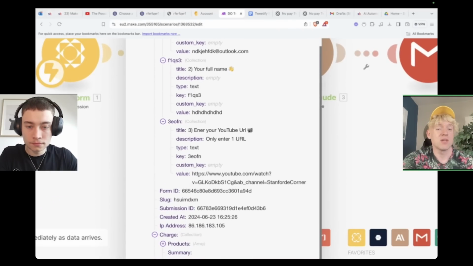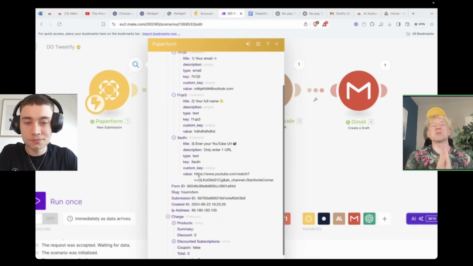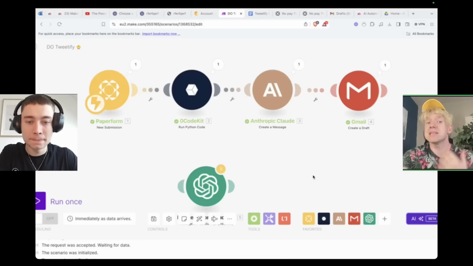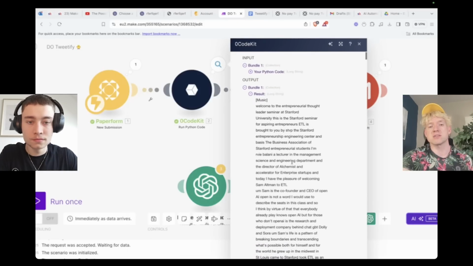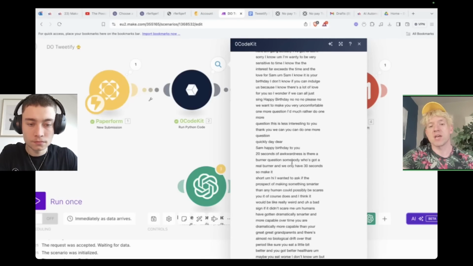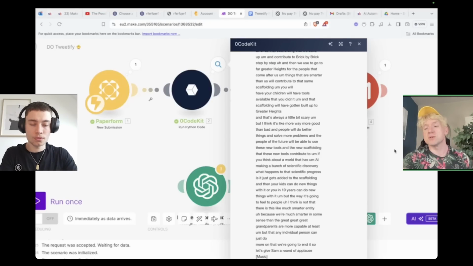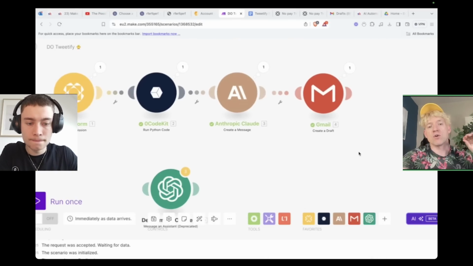And then the URL. So now once we get this data into a scenario, we can do whatever we want. I always think about it as: just get the data into the environment and then you can go crazy and build a million different things that you like. The Python code's done its job, which is awesome. Look at this. Every single thing that was said in that interview, done automatically. Again, this could be used to summarize some of your favorite YouTubers if you're busy and don't have time. The possibilities are literally unlimited.